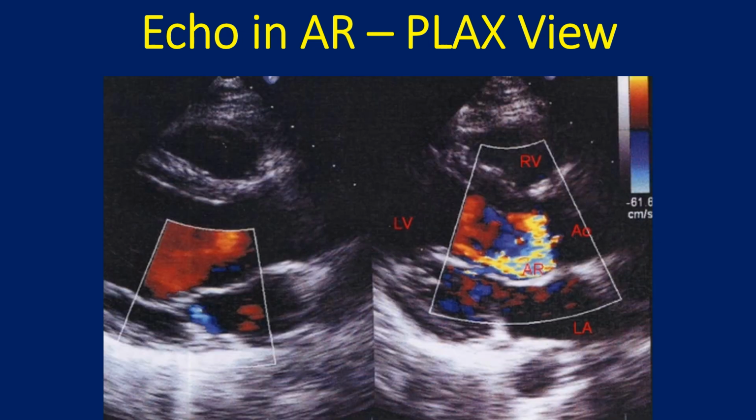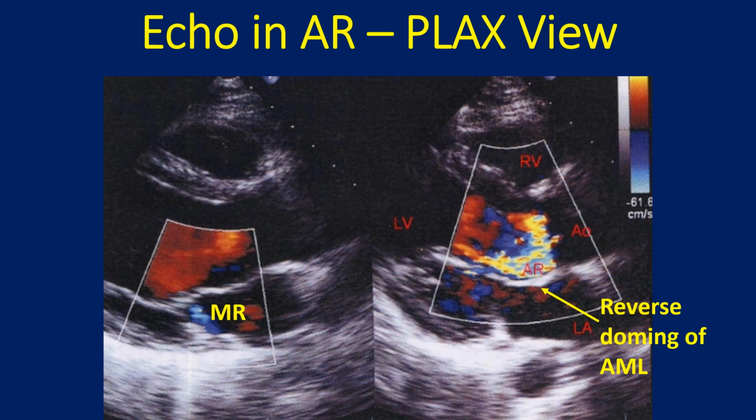Here is another eccentric jet of aortic regurgitation going along the posterior margin of the left ventricular outflow tract or the anterior mitral leaflet. The systolic frame on the right shows the mitral valve in the closed position, while the diastolic frame on the left shows it in open position. The anterior mitral leaflet shows a reverse doming as the aortic regurgitation jet strikes it. Systolic frame also shows a trivial mitral regurgitation into the left atrium, just behind the mitral valve as a bluish mosaic jet.